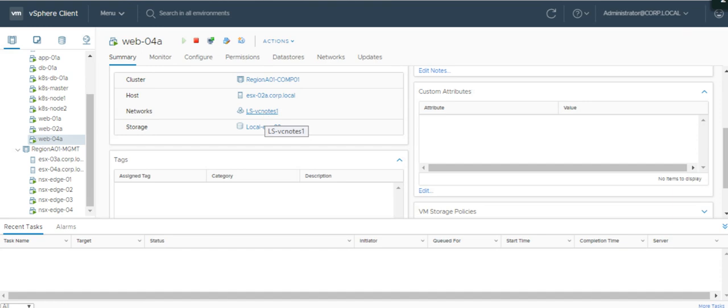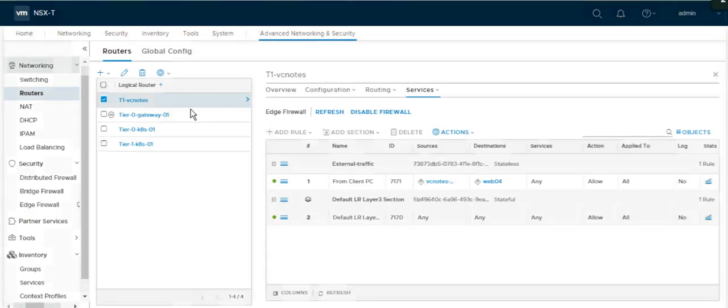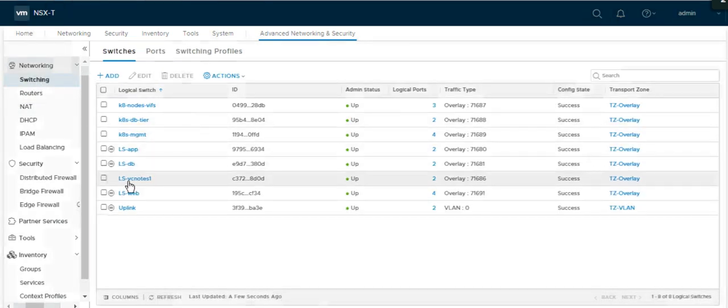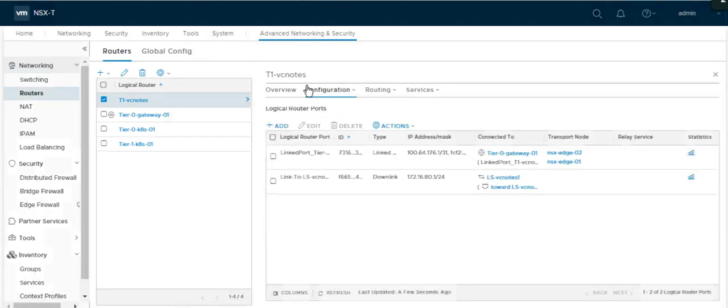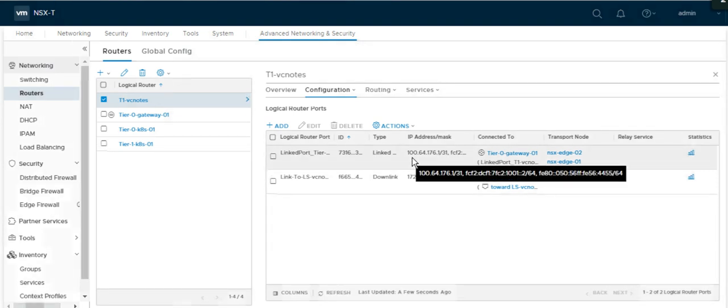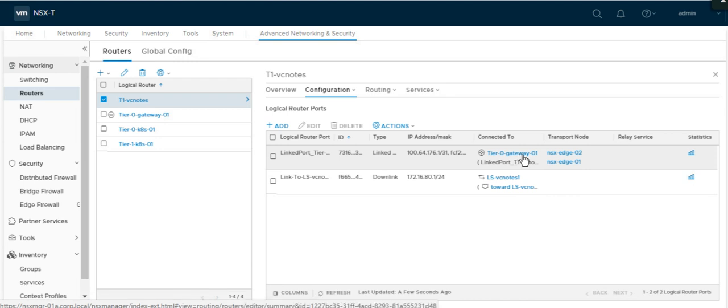Now go back to the NSX Manager console, and here, if you go to the switching part, you will see this logical switch I have created, ls-vc nodes 1. Now if you go to the routers, I have created the T1-VC nodes tier 1 router, and if you go through the router ports of the tier 1 router, you will see that it is connected with the tier 0 gateway, as I have shown you in my topology.